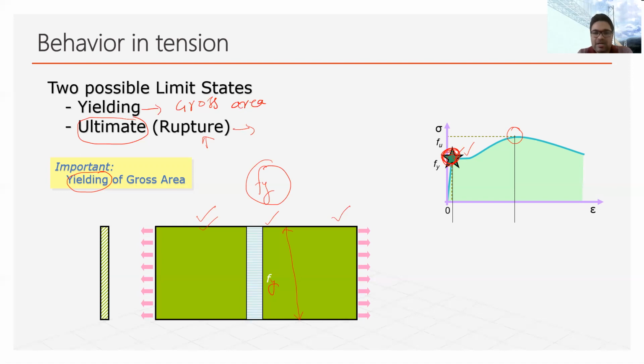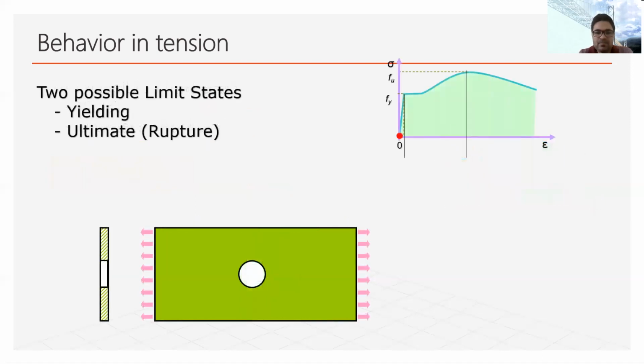So in the same plate, now consider that there is a hole. Now in this case you can see that there is a hole. Then what will happen when we apply the stress from both ends? Then we know that maximum stress will be at the edges of the hole, and minimum stress will be at the away part. And this we can see in this case.